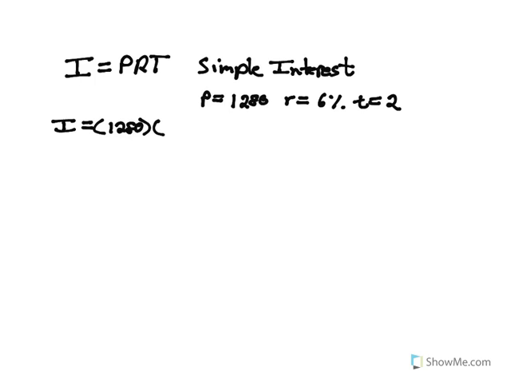The rate, don't forget to convert this to a decimal. Okay, so we move it over 2 places. Percent to a decimal, always move the decimal 2 places to the left. So that'll be 0.06, and of course time is going to be 2 years. So you simply multiply these three quantities together, and when you do that, you will get a total of $150.53,